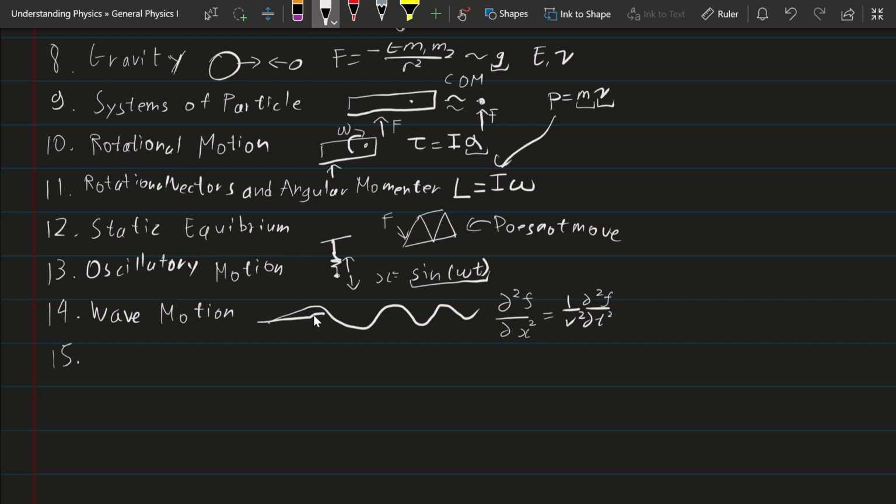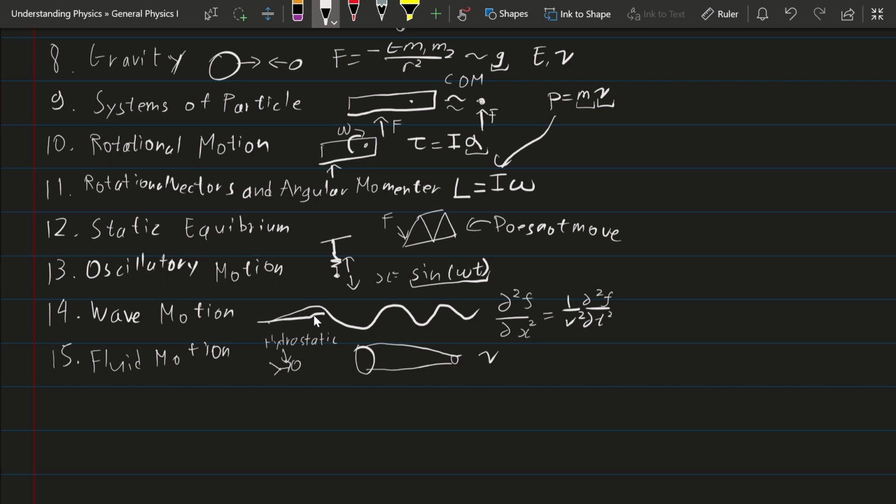The 15th chapter talks about fluids, in which we discuss how a fluid interacts and how it flows. For example, why do you go to the bottom of the ocean and feel much more pressure on yourself? It is because of the hydrostatic pressure. Another part is that we will discuss, if you have a tube, how you can describe its